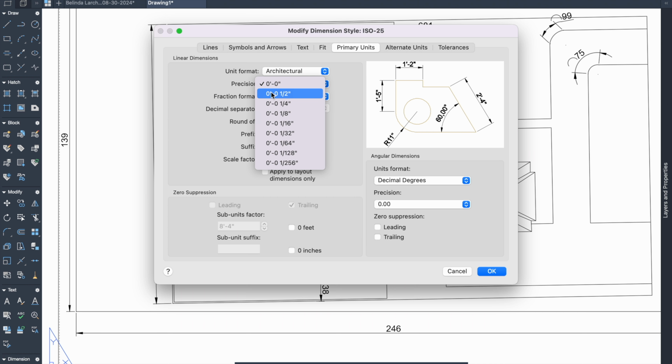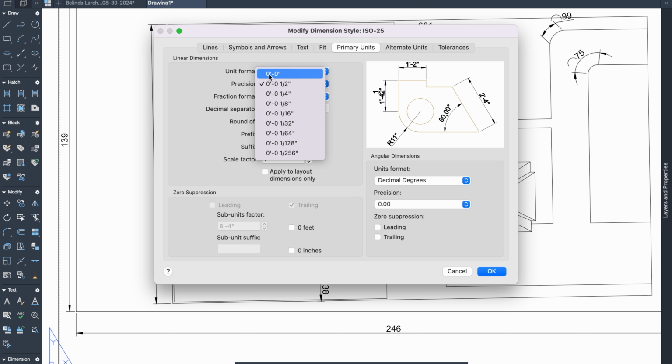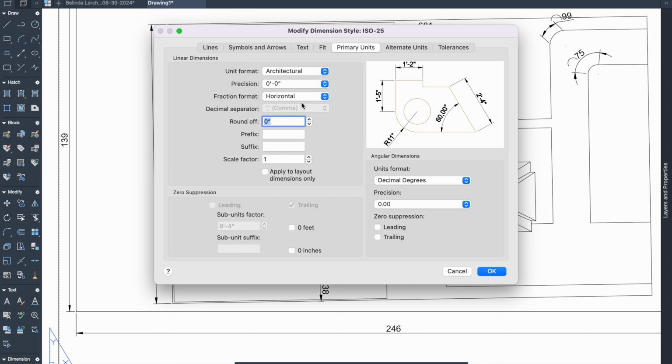We will give here 0 feet and inches, and you can change diagonal if you want to give, or horizontal, and here unit format decimals, and we will change the precision to 0.0, and just click OK,